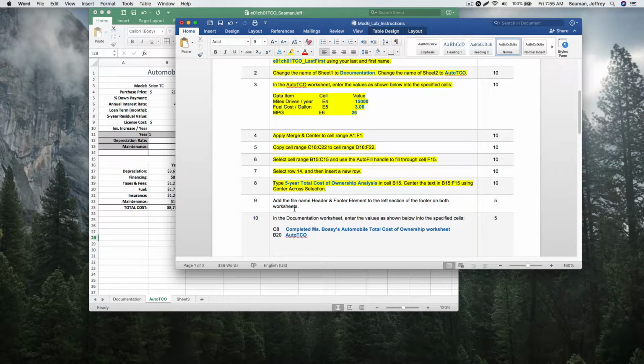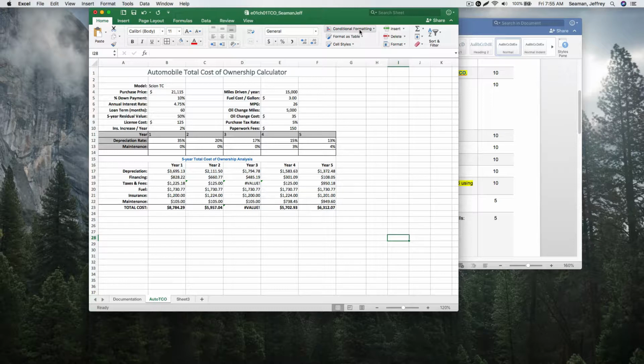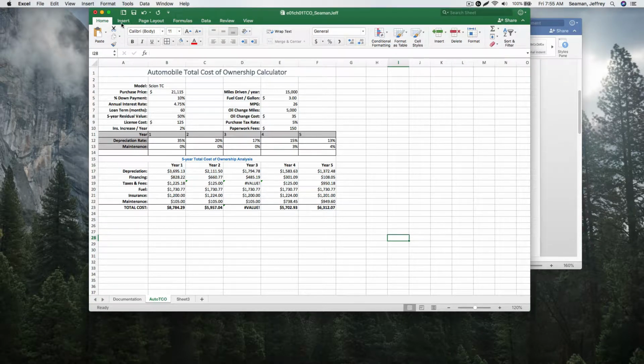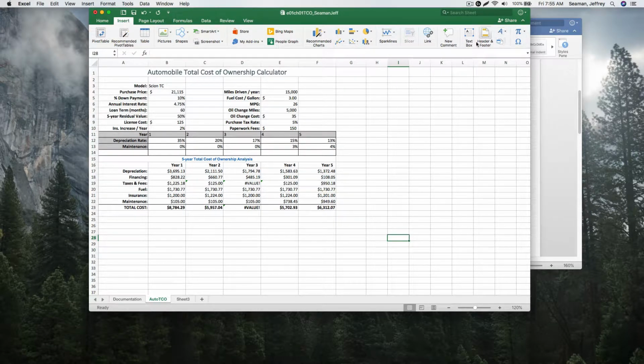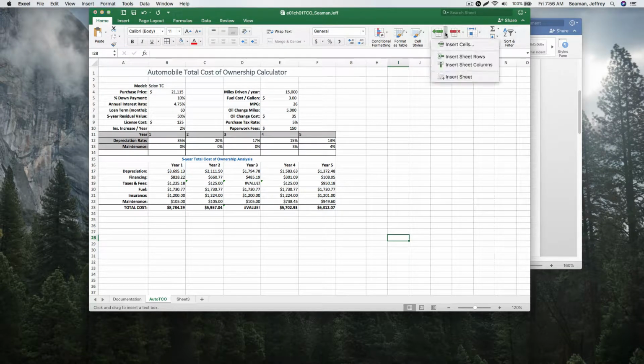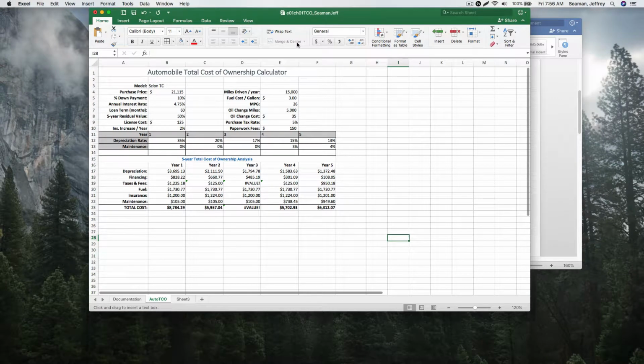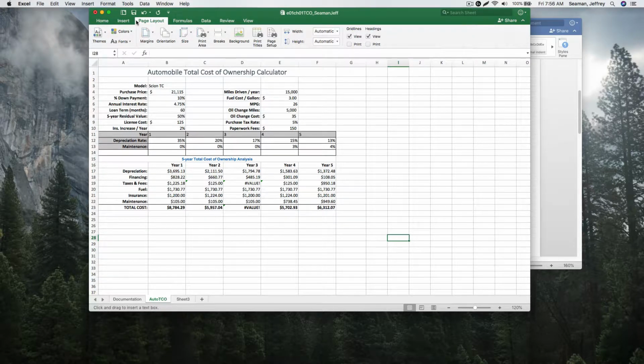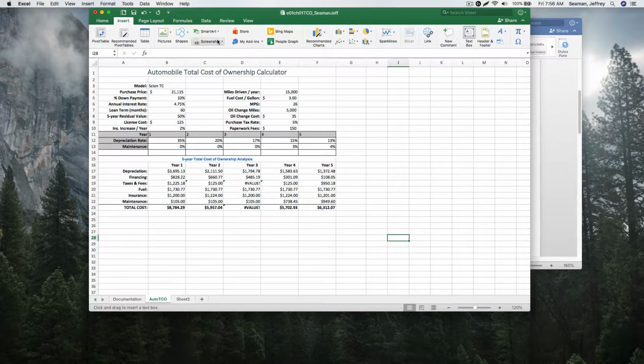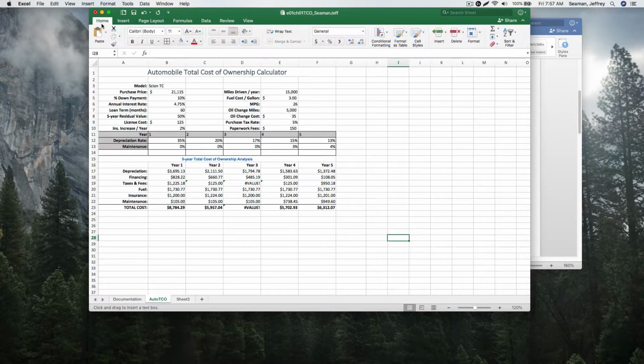All right, add the file name header and footer. All right, so we need to add a header and footer. So like I said, this will probably look different on here than the PC. So let's go to insert. It's a text box, it's gonna be different. Everyone has it different. I think it was on the home page. On the PC, it looks a little different. On the Mac, it's, I just seen it. Home. I'm losing my mind. I just seen on one of these things there. Page layout, I think it was. Or did I just see it? I was looking right